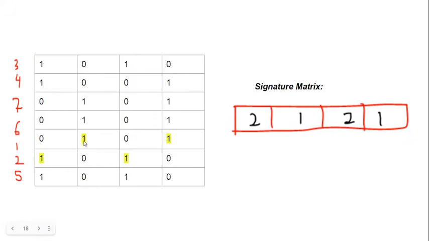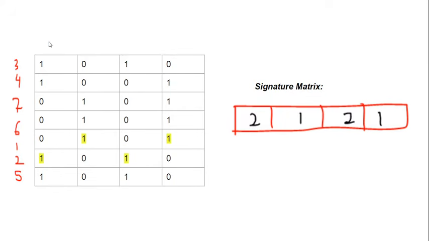And what value are we going to update it with? It's going to be updated with the 1, the value over here. So we're going to update S2 and S4 with 1, and these are empty, right? Now we go on to the next one, which is 2, and we see that there is a 1 in S1 and S3, right? So S1 and S3 can be updated with the value 2. So we did update it, right? And now our signature matrix is complete.